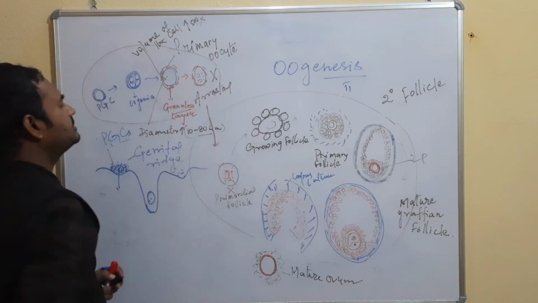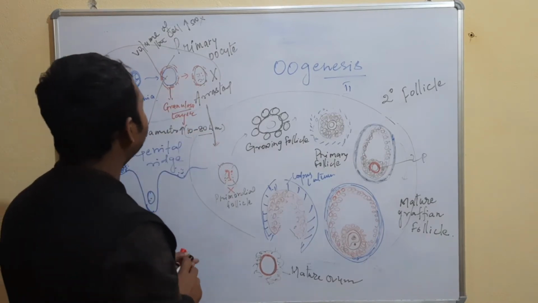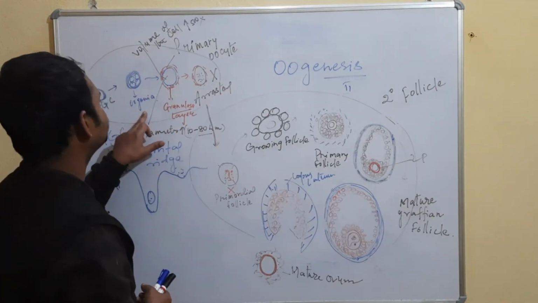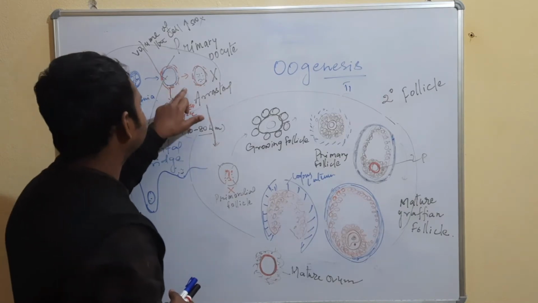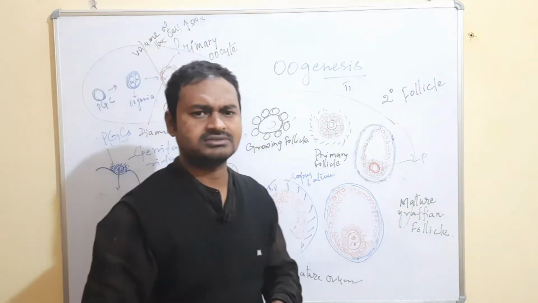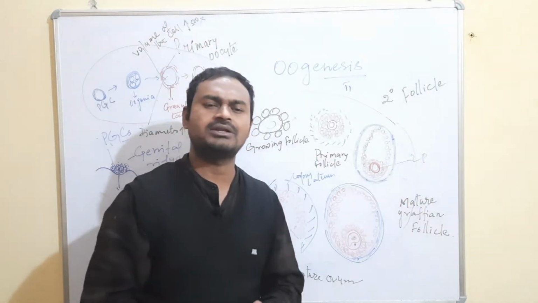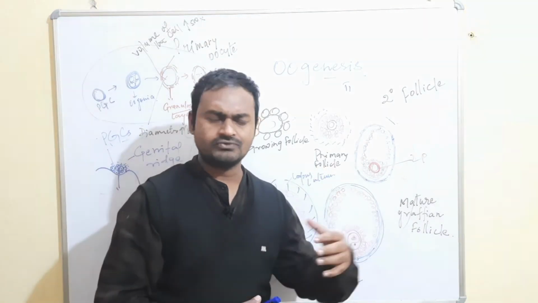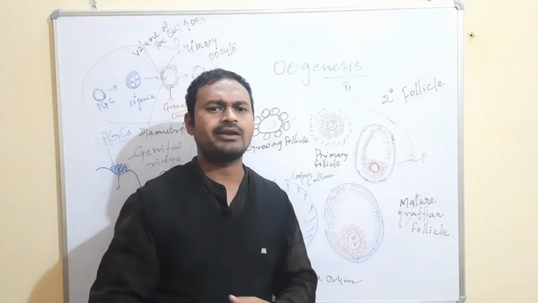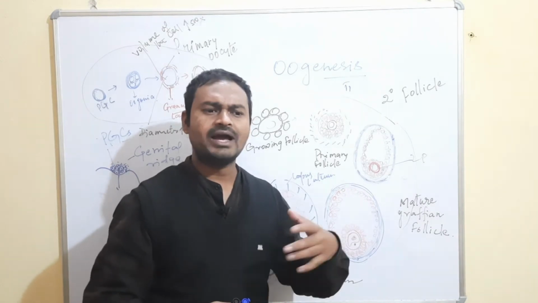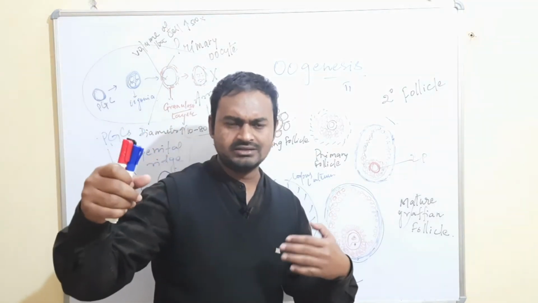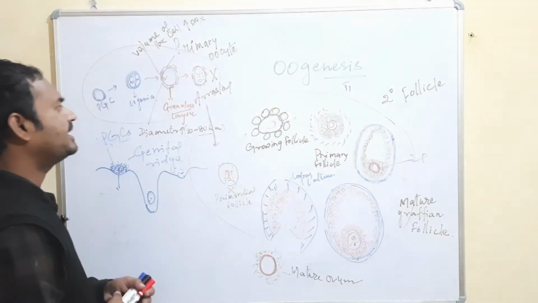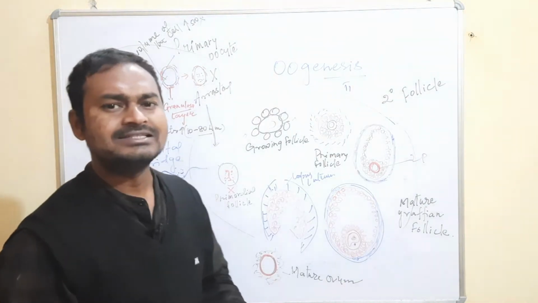Before we come to another process, let us also discuss what those factors are. If the granulosa cells are increasing in number, what is the reason behind this? How did the granulosa cells accumulate, and why are they forming so many layers around the oocytes? Another factor here is called GDF9,